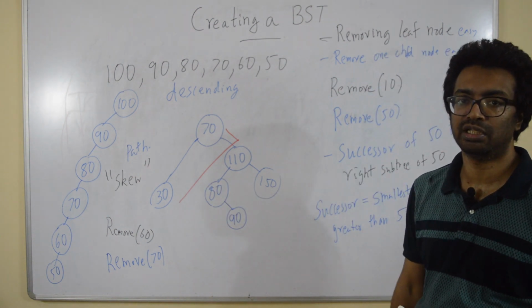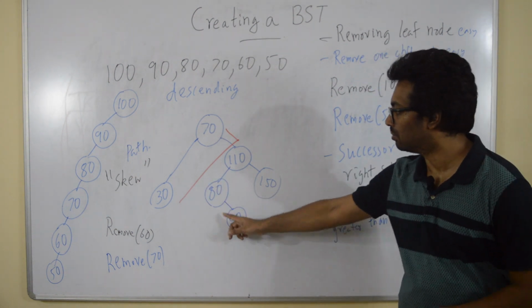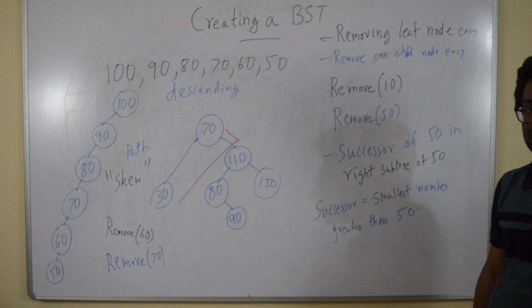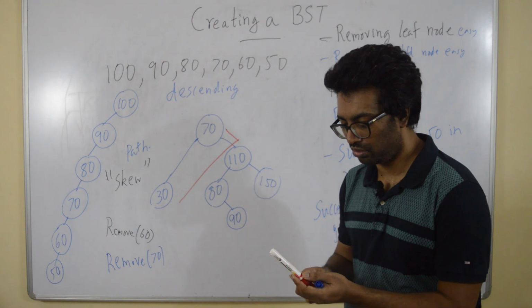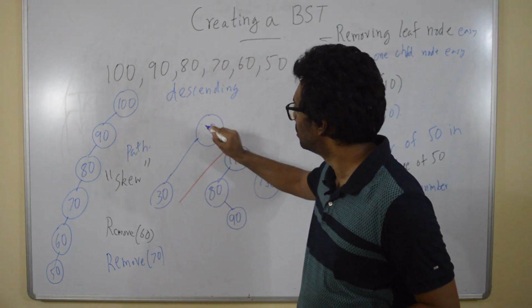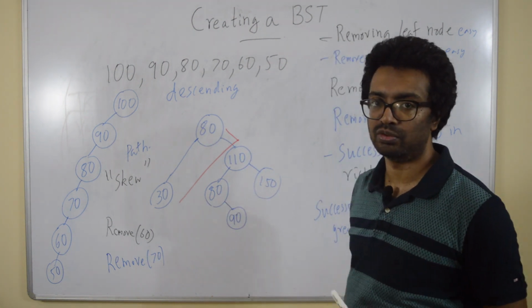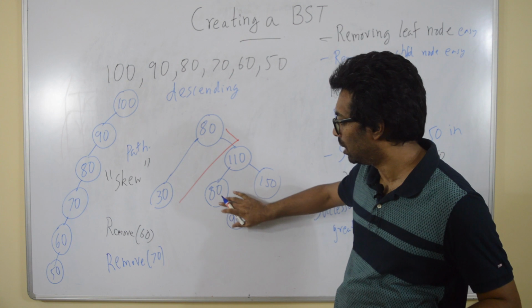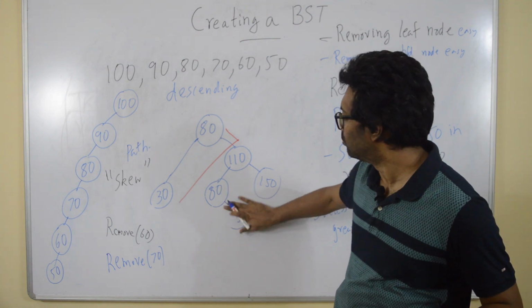How will you remove this 80? You have to do the same thing. What is the successor? So if you want to remove 80, what is its successor? Okay, so let's say you do the following. You are going to replace this root by that successor number, and then you are going to remove this 80. And if you want to remove this node, what will happen? You have to find its successor. Found its successor here